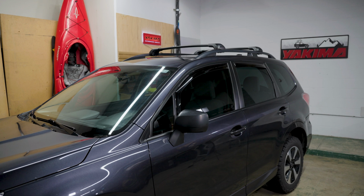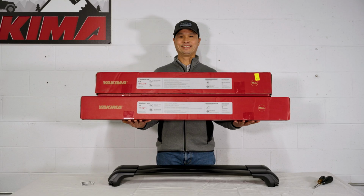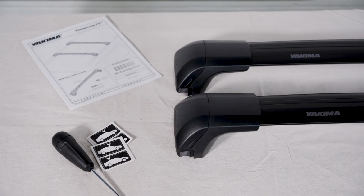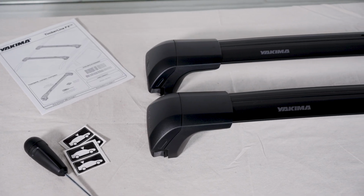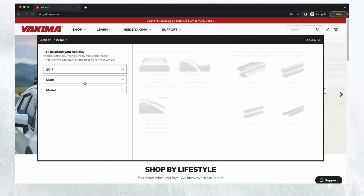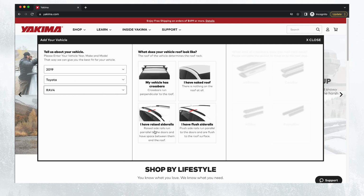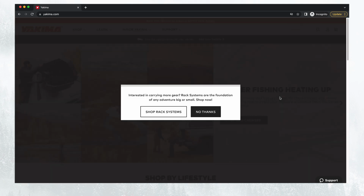Let's get your TimberLine FX system on your vehicle. To complete this system, you will need two TimberLine FX crossbars. TimberLine FX comes in multiple crossbar lengths and is vehicle application specific. So please make sure you have all the right parts for your vehicle by using the Fit My Car tool